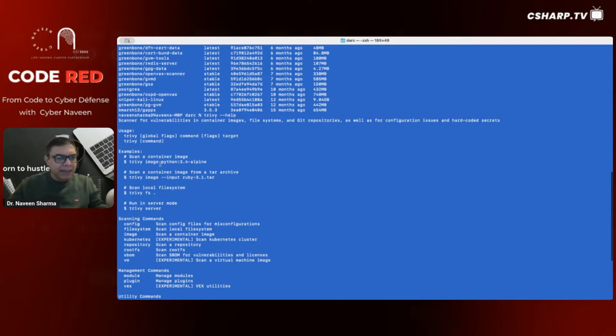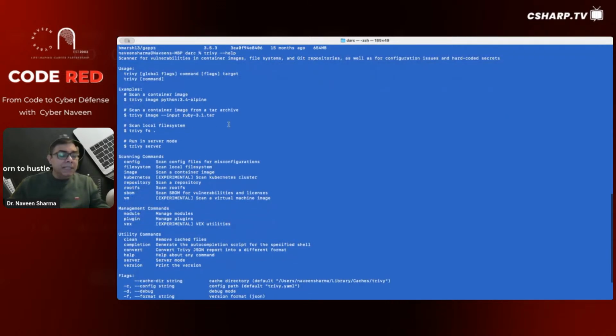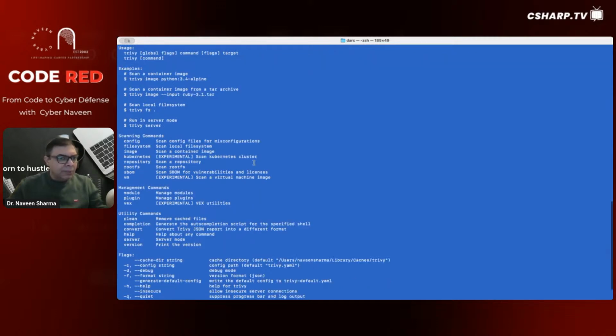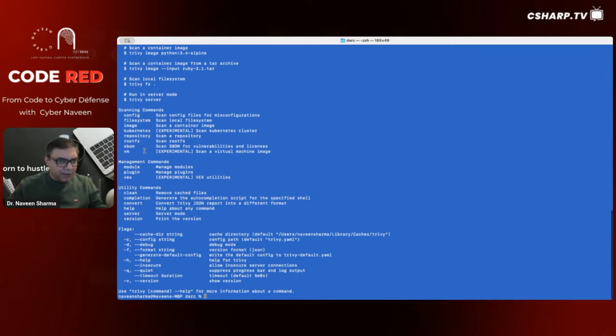To check the image, you use image and the image name. Even if the image is a tar file like an archive, you can still find the archive file and scan the image inside it. FS is for file system. Dot is for the current directory, but you can scan any directory. And then you can run it in server mode and lots of other options are available. But for today, we will just